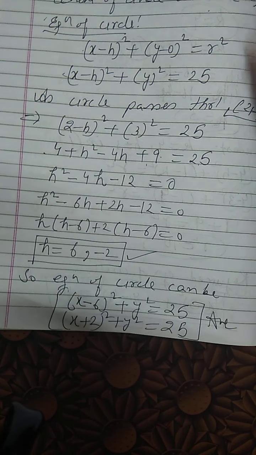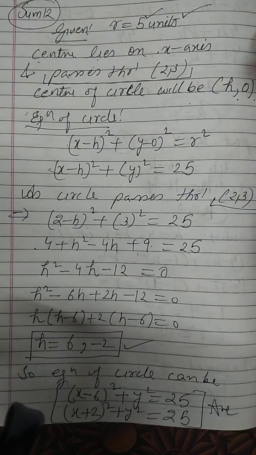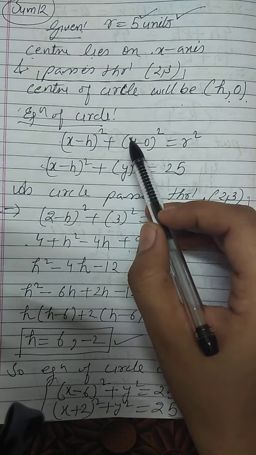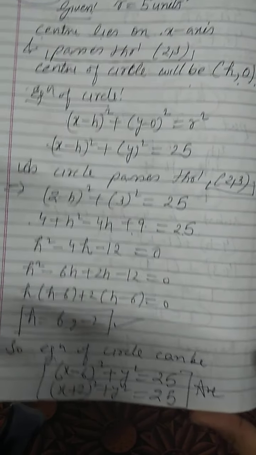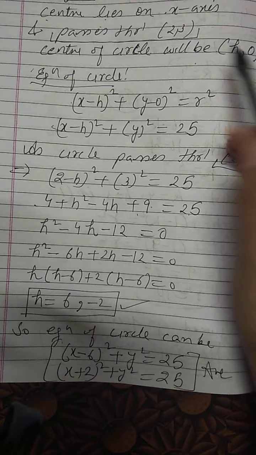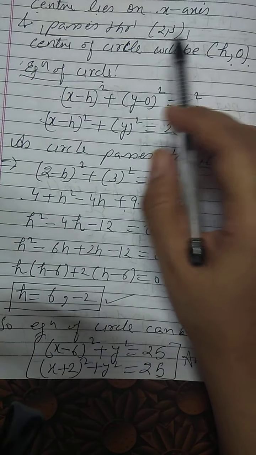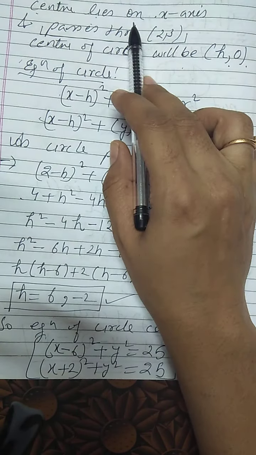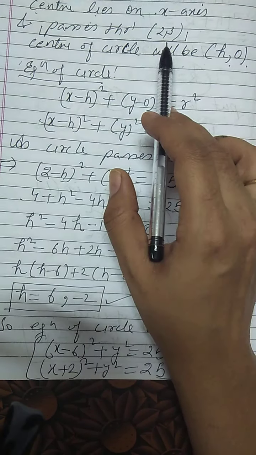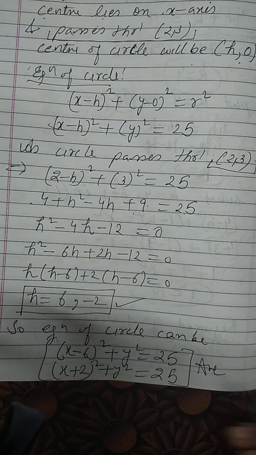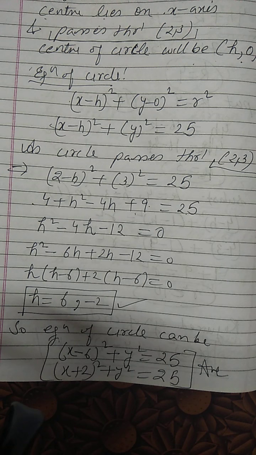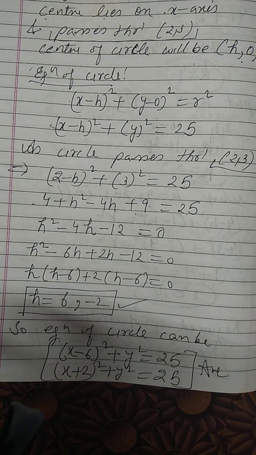So you know what we are doing, whatever conditions are given, we are just writing the conditions. One by one we consider the given conditions, and accordingly we get the required part. So here only one condition, the circle is passing through one point, 2 3, was given. Center is lying on x-axis, so the coordinates of center will be h comma 0. The radius is already given, so we are just using these given conditions to get the value of h only, and with the help of h we are writing the equation of circle.